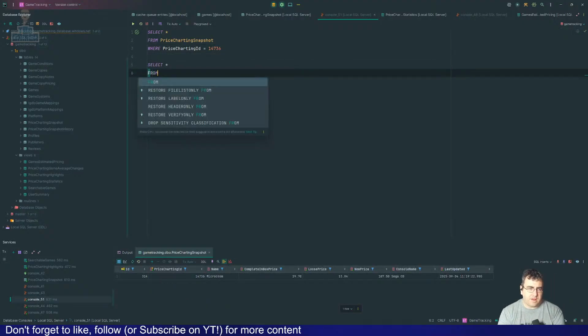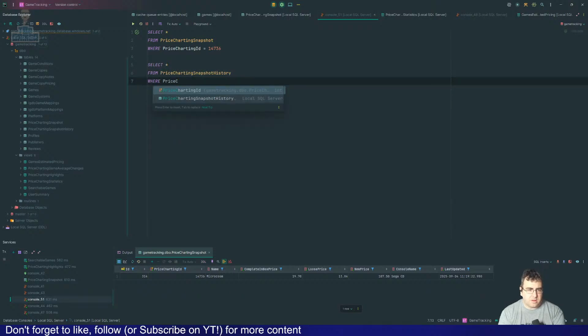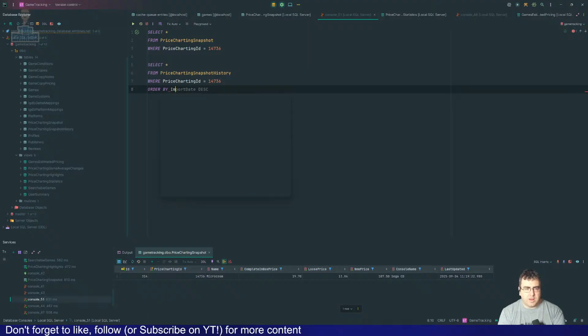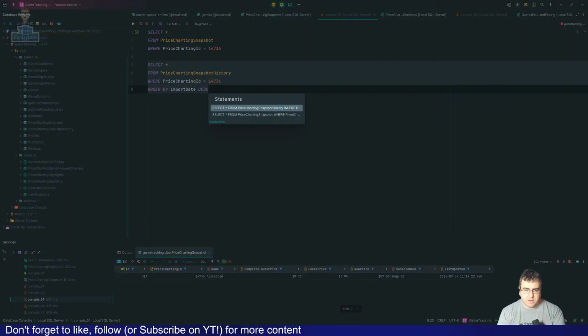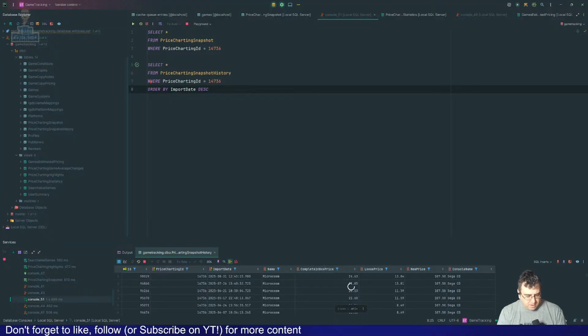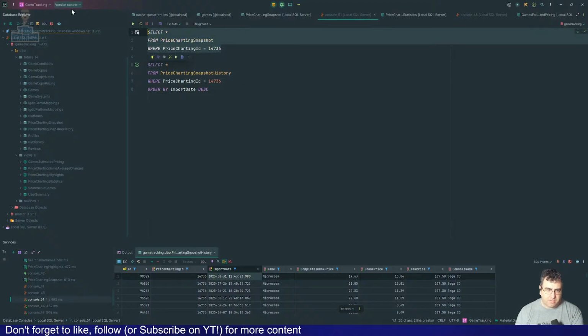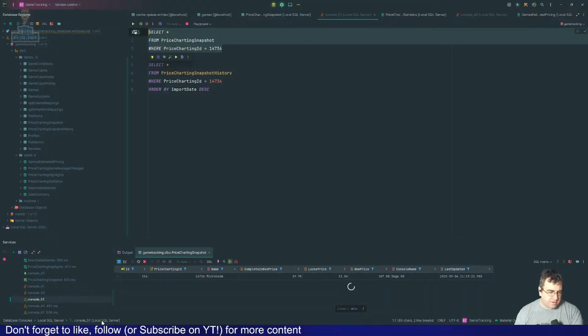And if I do select star from price charting snapshot history, by import date descending, the previous record there should be August 31st. So it's moved what it had into the history, and it's updated the current record as being valid, right?